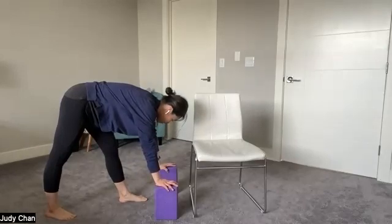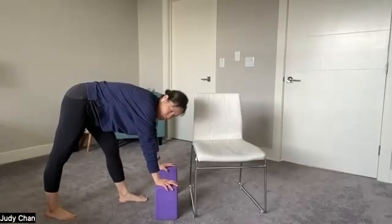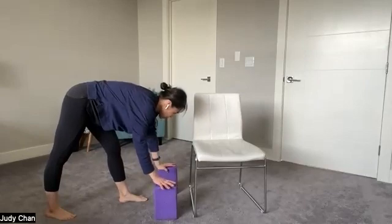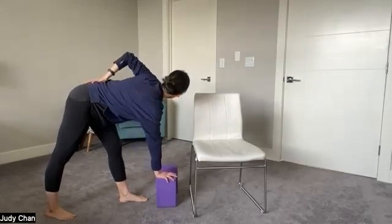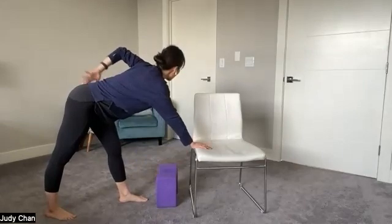Take one more breath in. Exhale. Let's come back to that twist there. Same idea here. We're going to bring our block, if you have your blocks there, to the middle between the legs. Press your right hand down, left hand here and go back, or right hand on the chair, left hand on